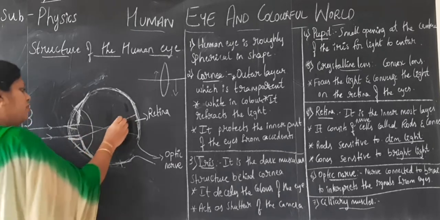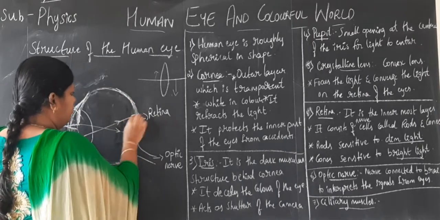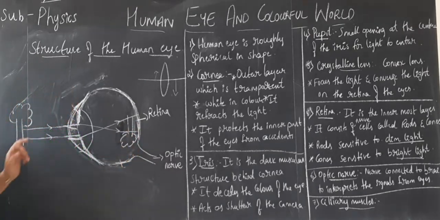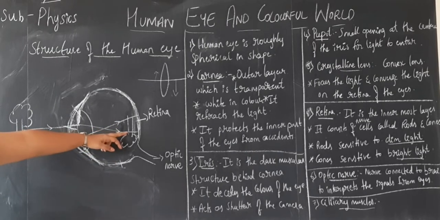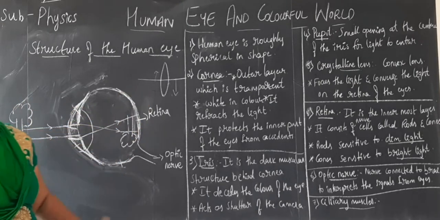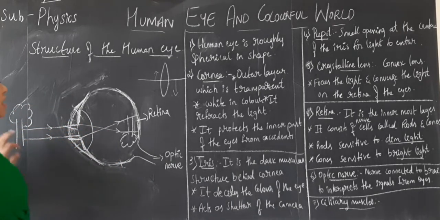So what type of image you get here is, children, when it falls, how does it look? The tree looks like this. Hence you see the inverted image of the object on the retina. We say the inverted image is formed on the retina because this is how the light will enter, refract and finally converge at the retina. In the inverted image, the tree looks upside down when it is formed on the retina.